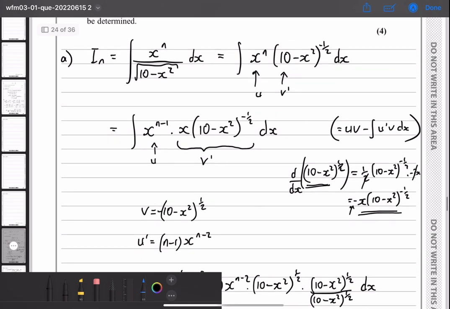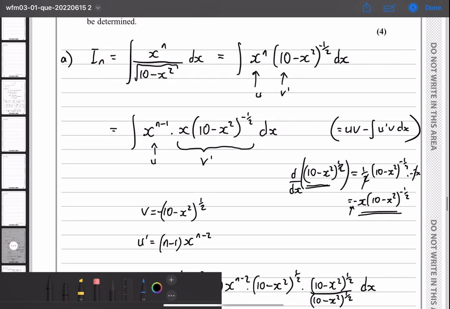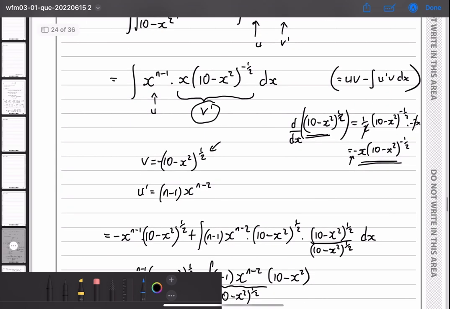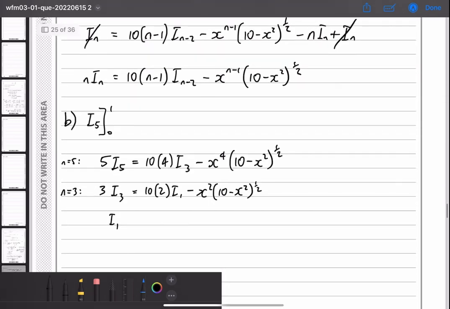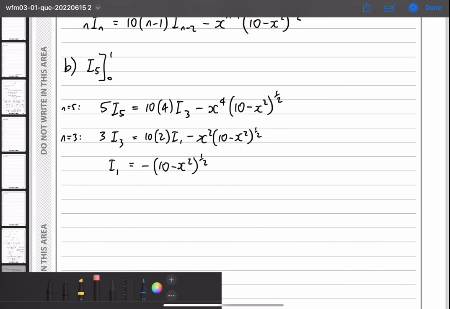if n is equal to 1, then effectively it's this expression v prime, and we know the integral of that was this expression here. So we've got minus the bracket to the power half. And if you notice, if you follow the pattern, you get that expression anyway. So I5